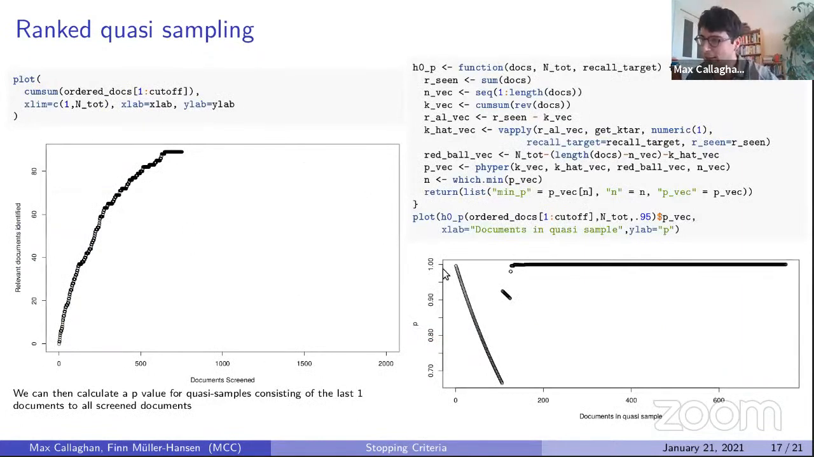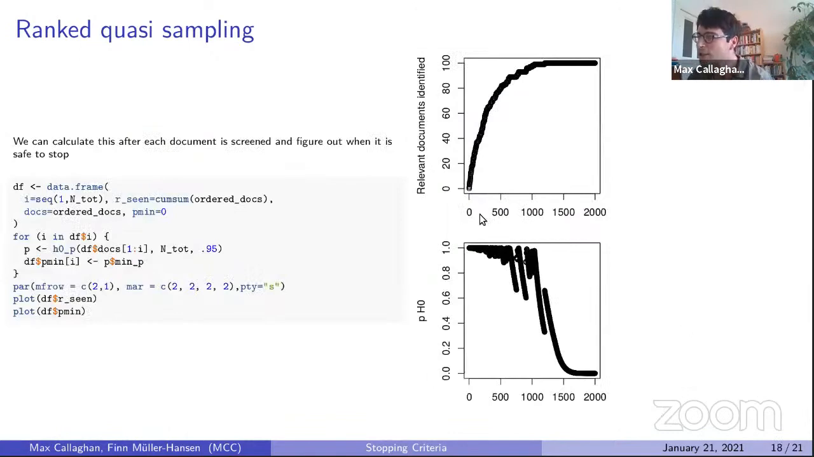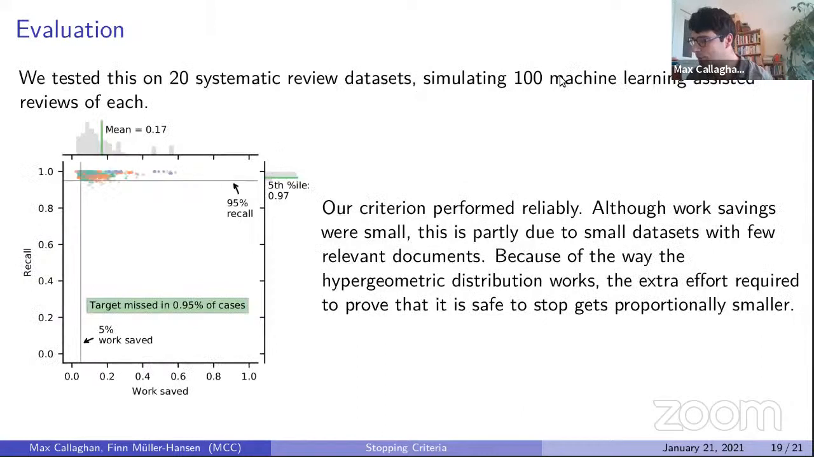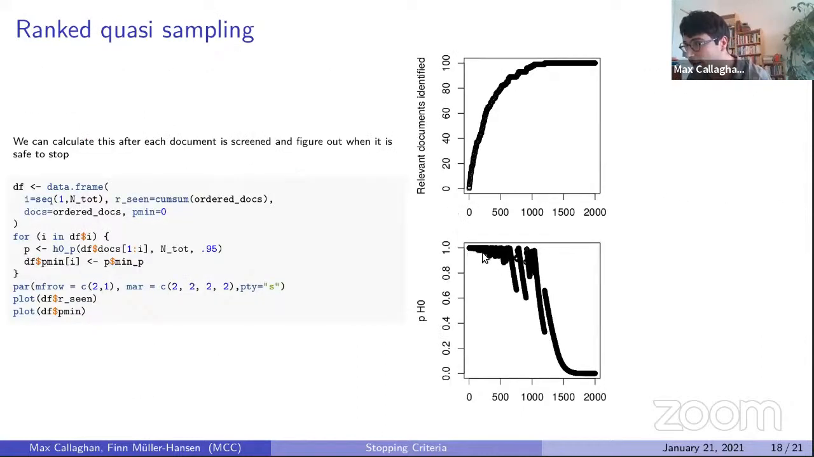And we can calculate the p-value at each of these last subsets of documents. And so from this point, the p-value was never low enough to stop screening. So that means that we have to keep going. So we calculate the minimum p-value at every point along this line, which corresponds to all of these points. And here we reach a p-value that means that we can reject our null hypothesis with saving about a quarter